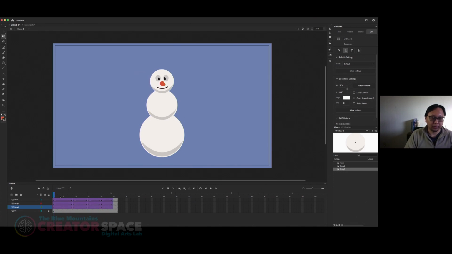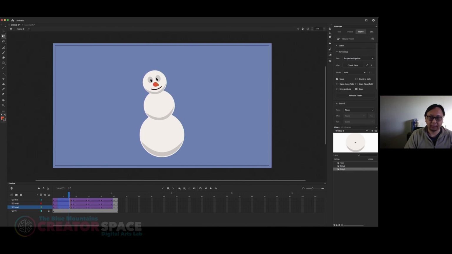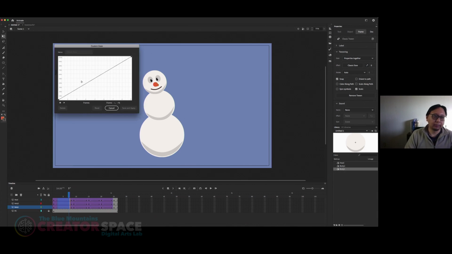So what I'm going to do is select this, right? And then if I go to the properties here, you see the effect here? If you click on Edit Ease, that will give you the graph, right? So I want to have like a slow in, a slow out,